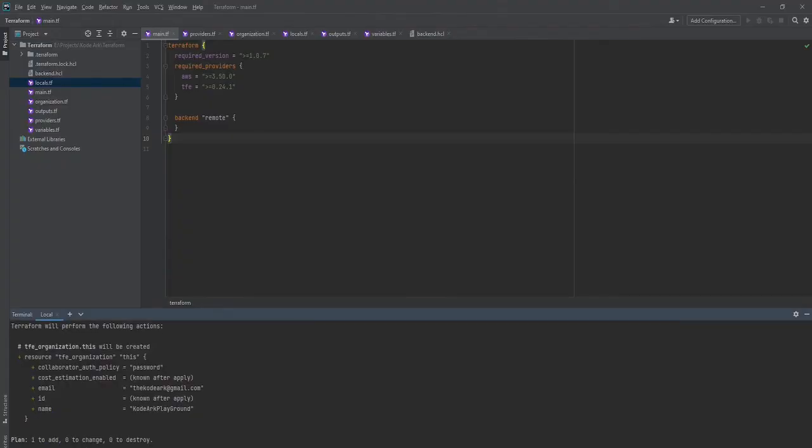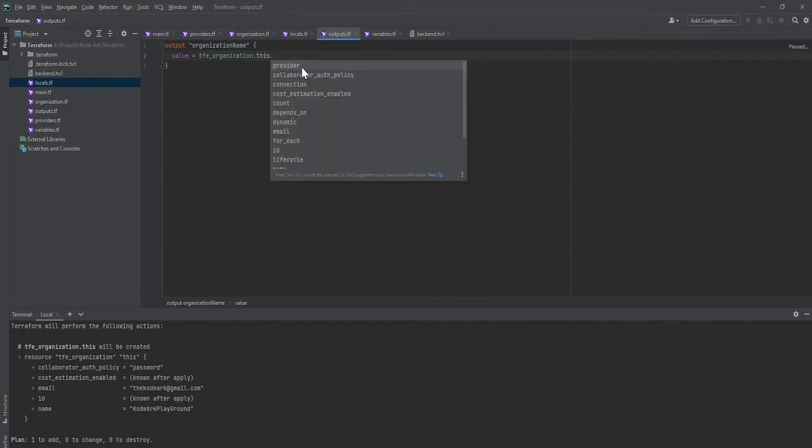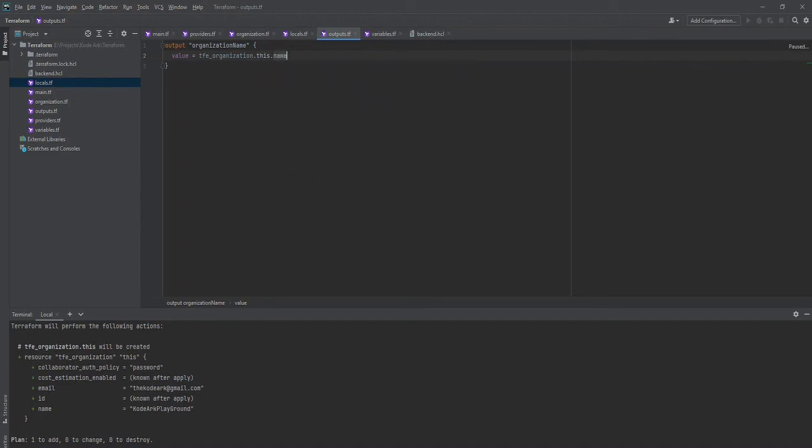Now we will use the other files like outputs and variables, so we can have the name defined dynamically if you want to create multiple. For now, I'll create the output file. Output, organization name, and this is the TFE organization, and I can have the name defined. Similarly, I can have multiple outputs this way with different identifiers.